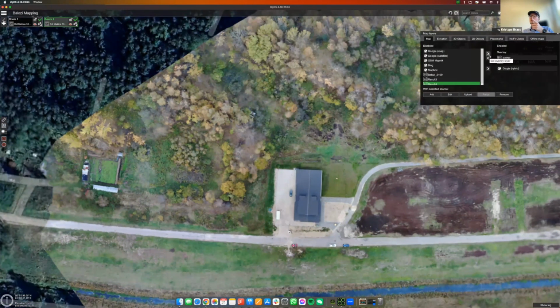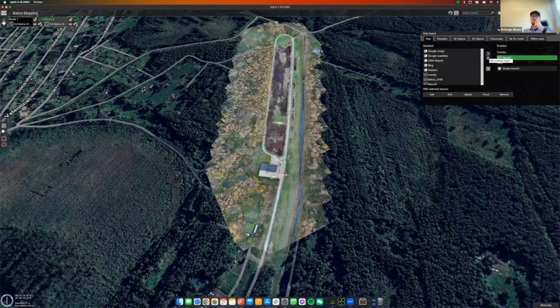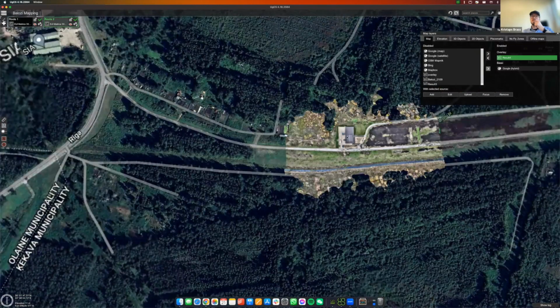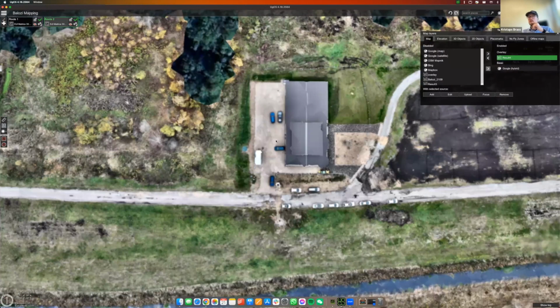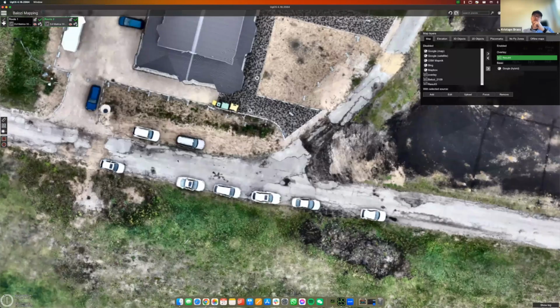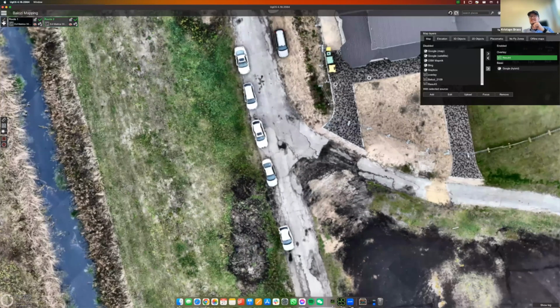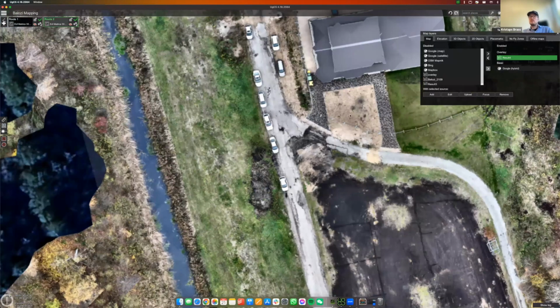Speaking of which, by the way, we can now import this result here into UgCS, and then we can zoom in a bit to see what we have. Interesting that the color of all the cars on that day was more or less the same. But yeah, so we can also, by the way, compare